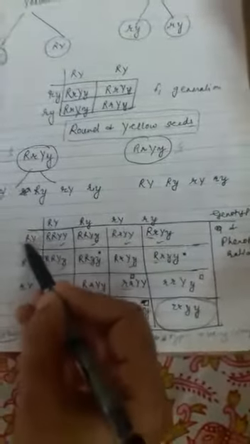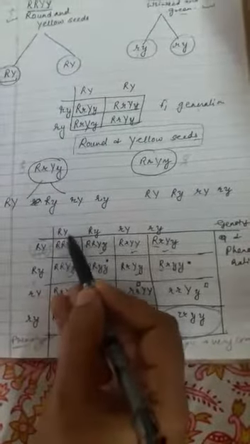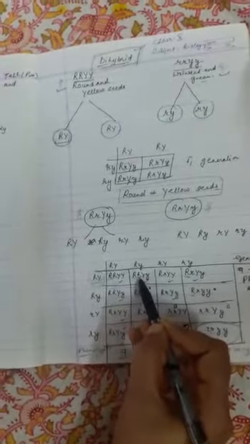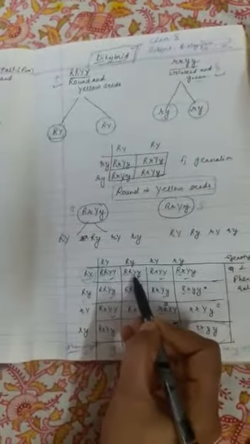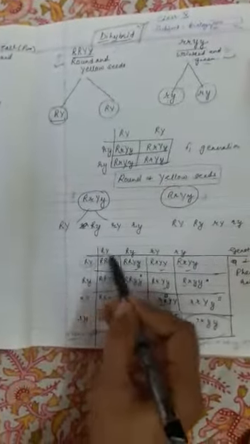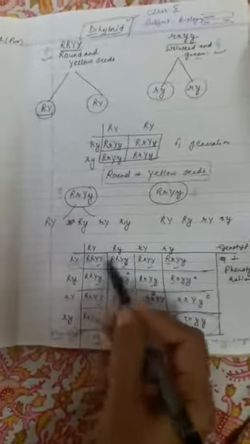When you combine these, now see how to combine. That is capital R, capital Y, capital R, capital Y. Here capital R, capital Y with small y. Always remember, write the capital R first and then the small r, and capital Y first, then the small y. Like this you have to combine the first with all four, the second with all four, the third with all four, and the fourth with all four. The result will be like this.